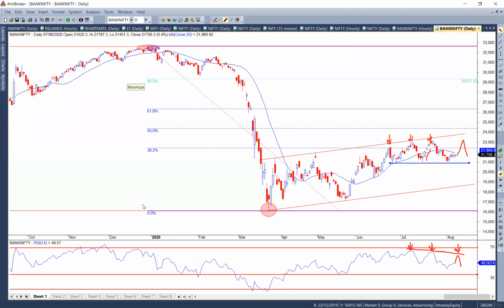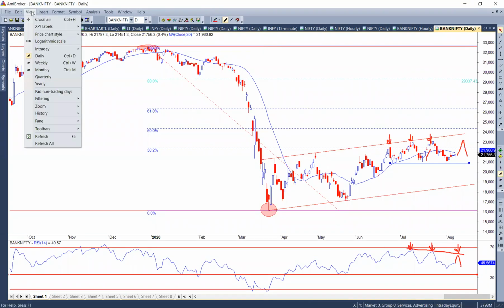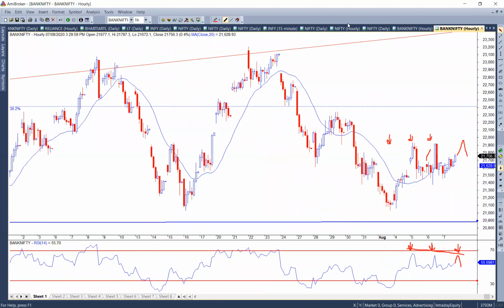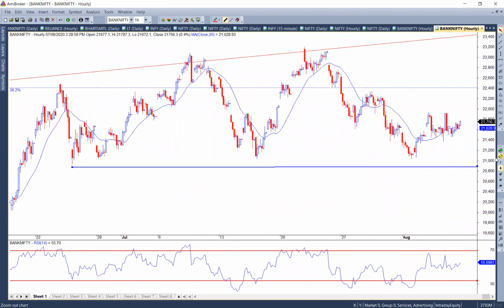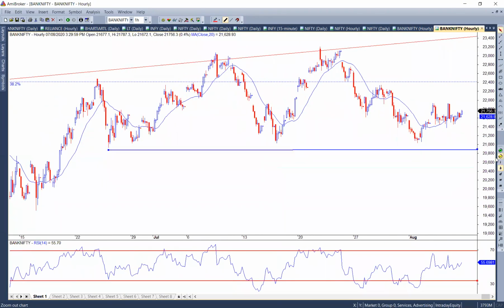Once you have understood this, you can simply change the time scale from the daily to the hourly or 15-minute time frame. How do you change these time frames? Simply, I'm going to go here, and let me save it across. You can go here, go to view, change it to an hourly time frame. Okay, let me clear the screen for you. Once you have changed this to the hourly time frame, the same concept can be applied over here also.